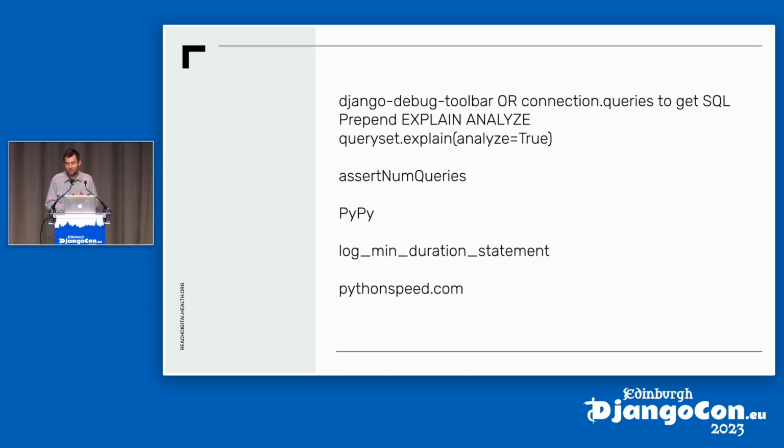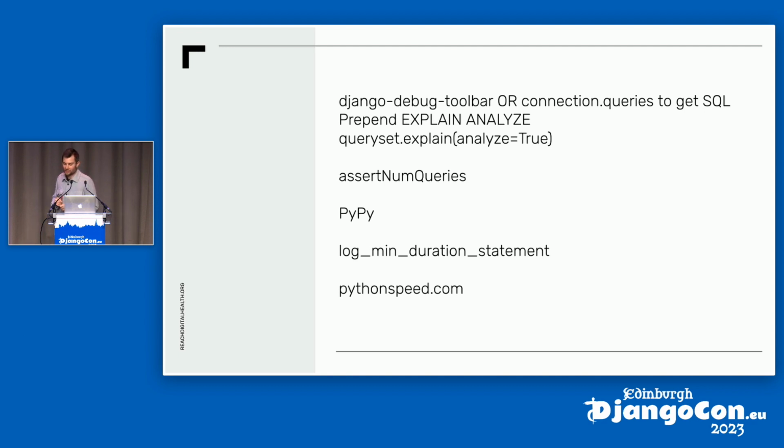Another one is PyPy. It's very compatible nowadays with a lot of libraries and compatible with Django. And simply by running your things on PyPy, you can get a nice performance boost. Not always, so check with the benchmarks that you've set up now. Make sure that it actually does, but more often than not, it can just give you free performance, so that's nice.